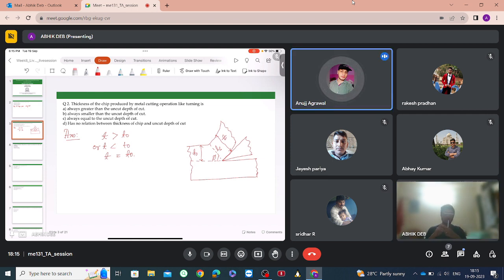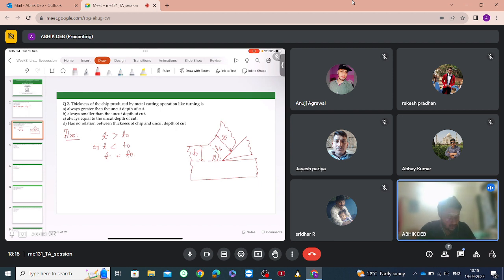Sir, it depends on the thickness ratio. Okay. It necessarily does not depend on the thickness ratio, but the thickness ratio actually depends on this value. Like what you were saying, it is a reverse of that. The thickness ratio will be a result of the thickness of the chip and the uncut chip thickness, not the other way around. So you see what happens in this case is,